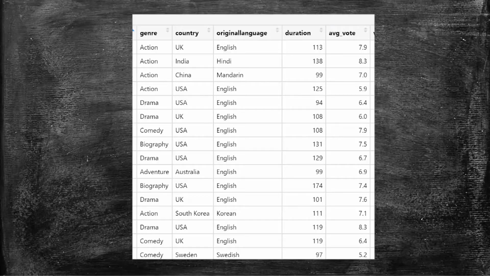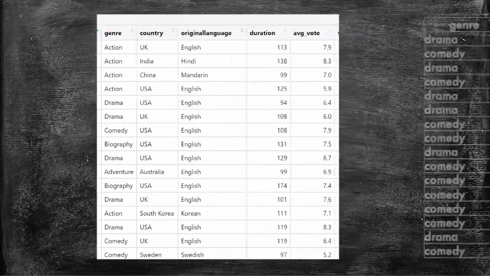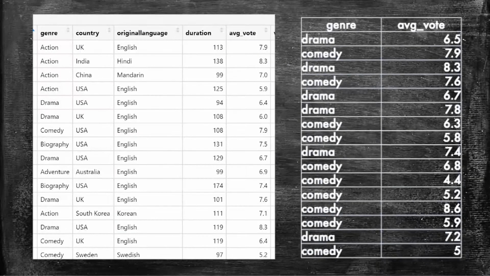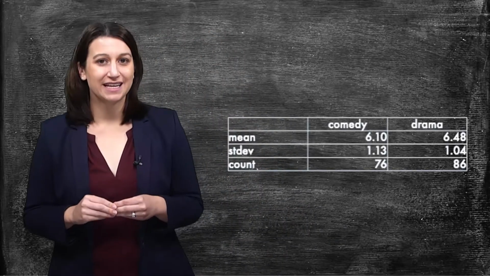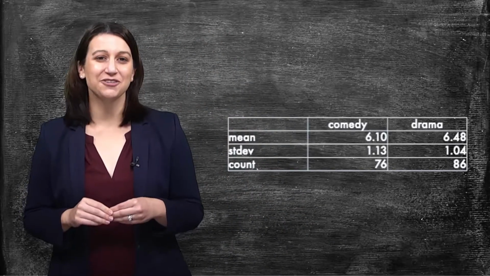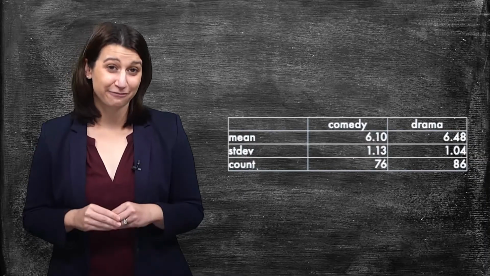Returning back to our IMDb data, let's compare the average voter rating for two different types of movies, dramas and comedies, to see if the ratings differ on average. First, I will need to separate out the data from my data set. I will pull out the set of ratings just for the comedy group and separately for the drama group. Once I have separated out this data, I can calculate the average rating for the comedy and drama groups separately. Notice here in my data, the two groups do not have identical sample sizes. That is perfectly fine for this test.